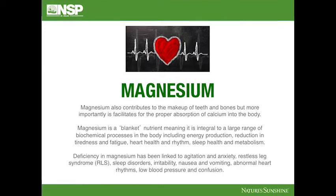Now, magnesium is an absolutely essential nutrient, not just for the skeletal system, not just to keep our bones healthy, but again for all other systems in the body. Magnesium is what I like to call a blanket nutrient, and that's because it plays a role in a huge array, over 300 in fact, of biochemical processes within the body, such as helping to reduce tiredness and fatigue, aiding in a balanced heart rhythm, helping to support healthy sleep patterns, as well as healthy metabolism of our carbohydrates and our